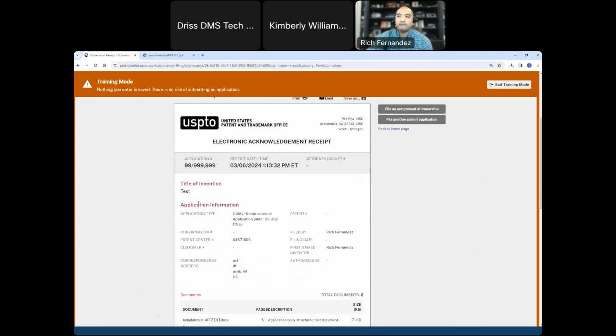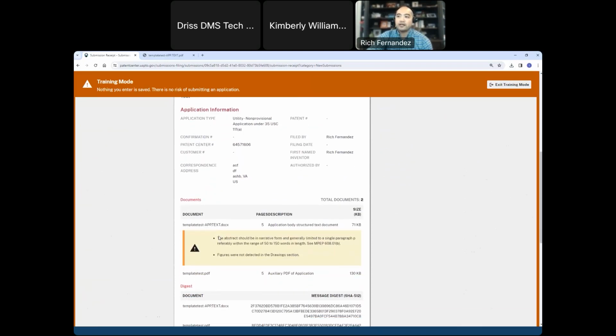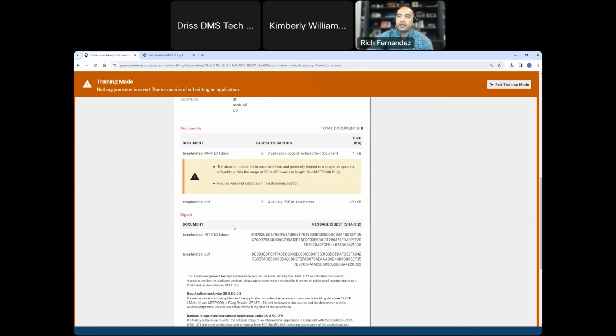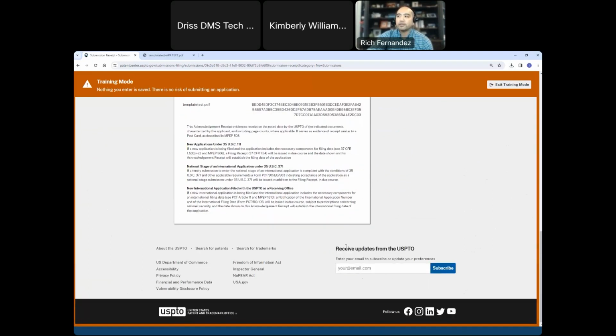It gives me the invention title, the bibliographic information, and the documents that were uploaded. In this example, it's showing me the DOCX as well as the auxiliary PDF, followed by the message digest, which are sort of like the electronic fingerprints of each document. It has its own algorithm to calculate the hash for each of the documents that were uploaded